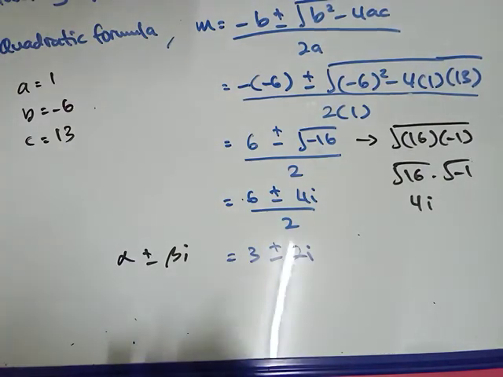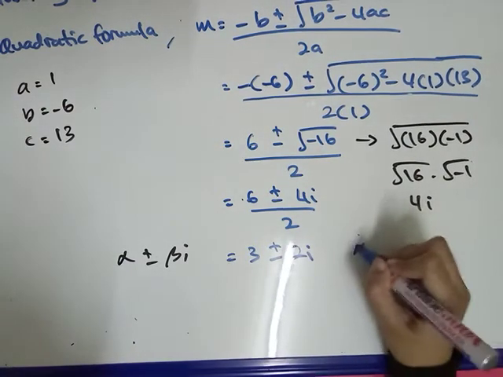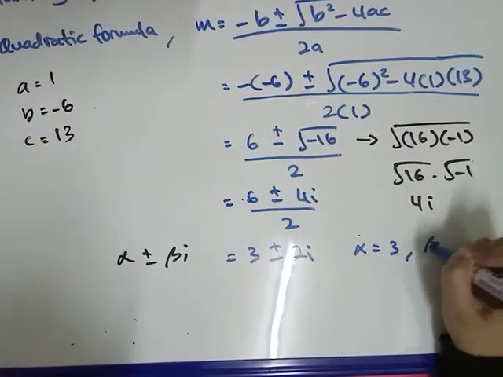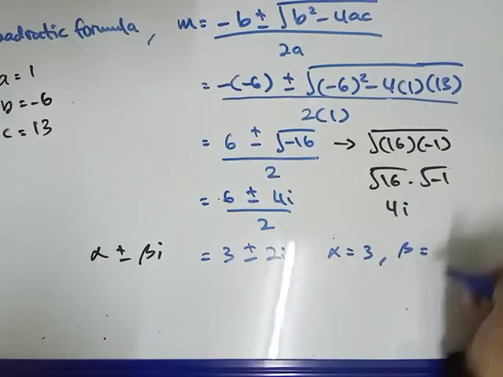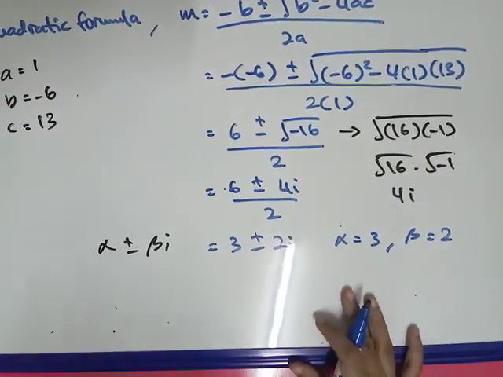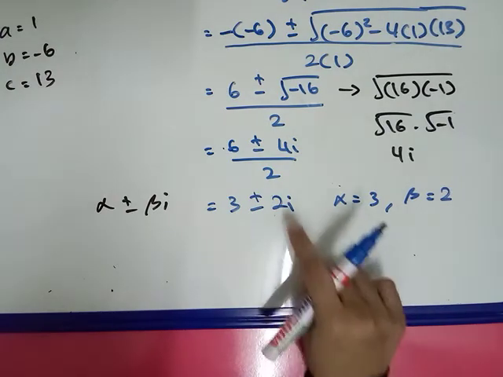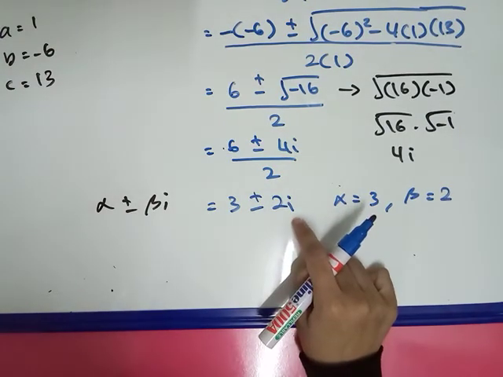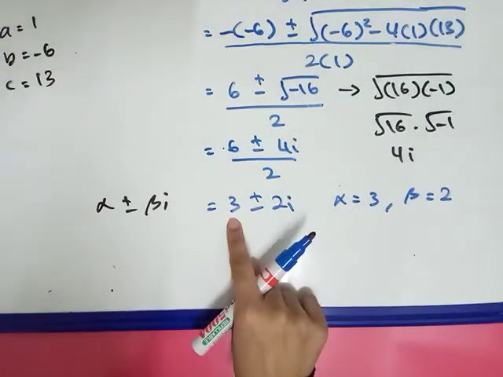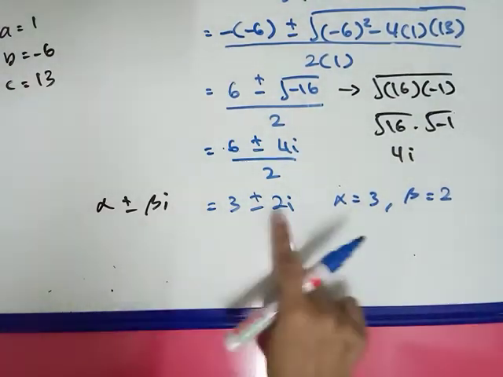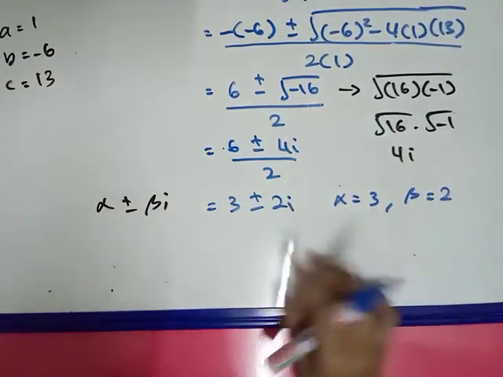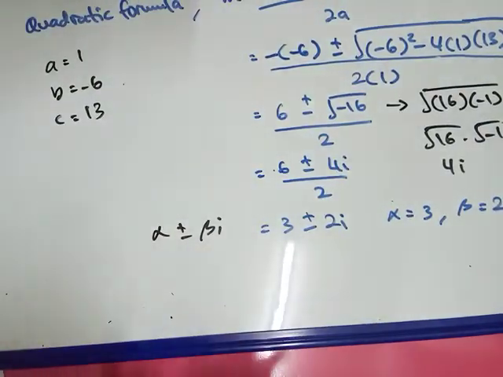Alpha is 3 and beta is 2. Okay, buang i dia, kita tak nak i. Okay, alpha is 3. Compare. Beta is 2. And then, the general solution is